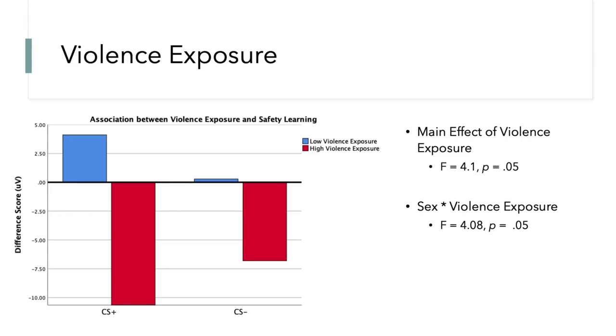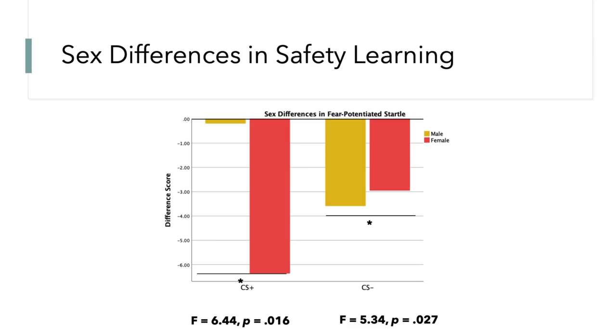When looking at overall fear potentiated startle to the CS plus and CS minus trials during late extinction, during which participants are demonstrating safety learning, there's a main effect of violence exposure and an interaction between violence exposure and sex. Here we can see that individuals with low violence exposure are demonstrating on average greater fear potentiated startle to both cues compared to individuals with high violence exposure. To better understand this interaction, we performed independent sample t-tests that confirm these differences. We can see here that there are significant sex differences to the CS plus and CS minus trials during late